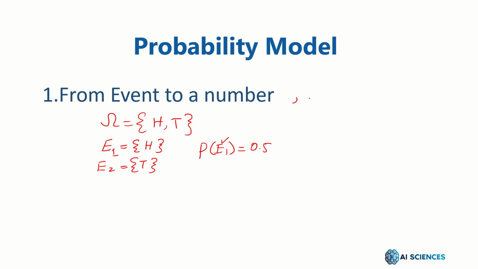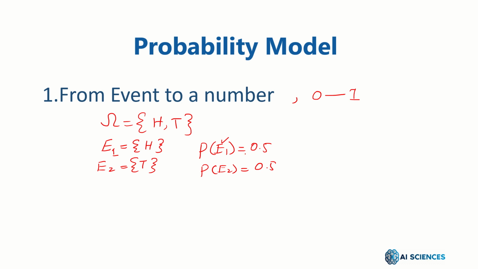Later we will see that probability numbers range from 0 to 1. 0 means no chance, 1 means 100% chance or certain, and inside it is the relative scale of probability. Similarly, the probability of E2